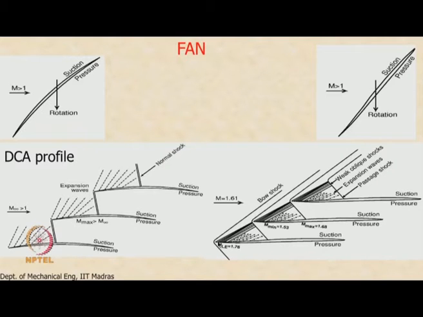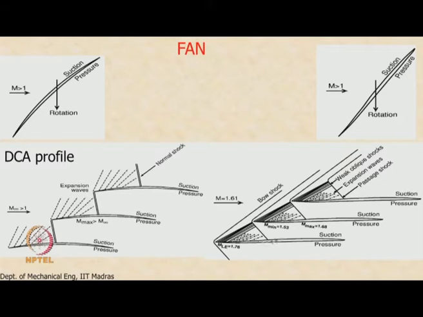Now, had we used a double circular arc profile, the Mach number would have increased further, right, because we have a concave corner here in this controlled diffusion airfoil. You see a set of weak oblique shock waves in this concave corner which decelerates the flow. Mach number reduces, but you cannot make a blade completely out of concave surfaces. There has to be a convex surface somewhere, right. So the concave surface transitions to a convex surface here and you see expansion fans. But by the time you hit the entrance of the blade passage, the Mach number has gone from 1.61 to 1.53.